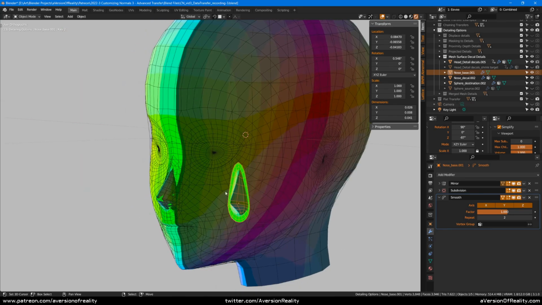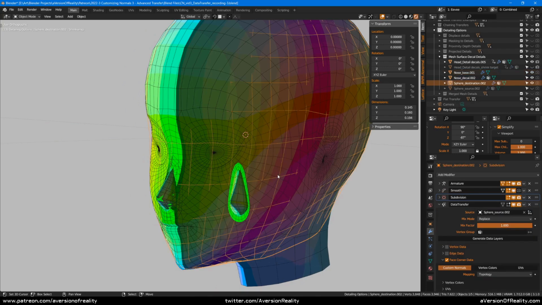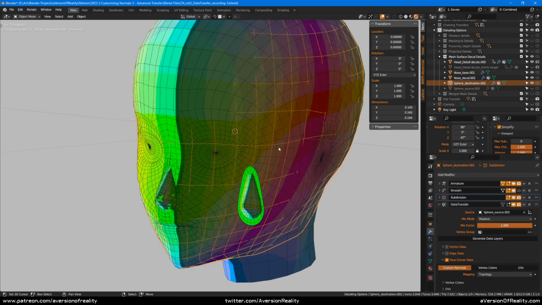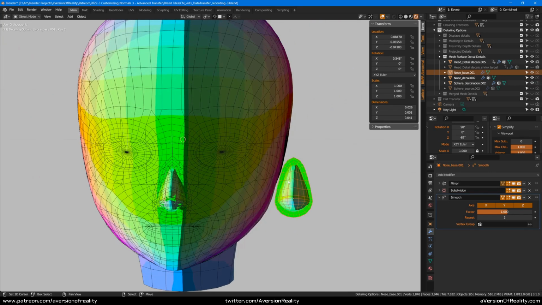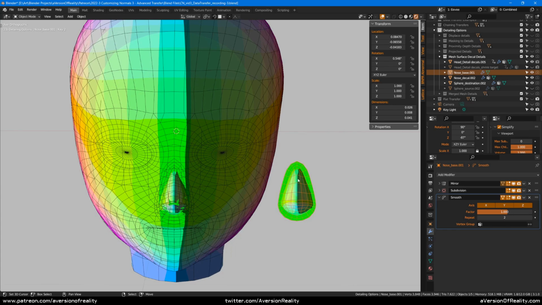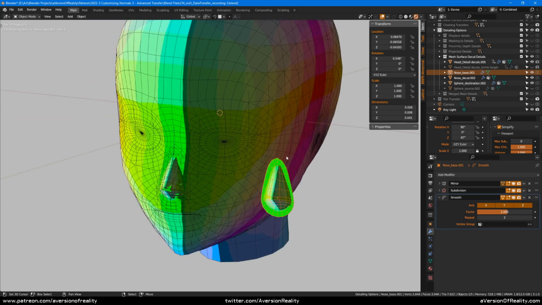So overall, it's not that it's impossible to do this workflow with just data transfer, it's just not very efficient, and it's going to get very tedious if you're working with a bunch of details, especially if they're in areas that deform. Because if you're transferring from an undeformed base shape like this to a destination mesh that is then deforming, then your shape isn't deformed properly. So then you have to rig these base shapes and then transfer to them, and it just all becomes a mess because of this issue that you're mixing to a constant as opposed to adding an offset or combining an offset in.